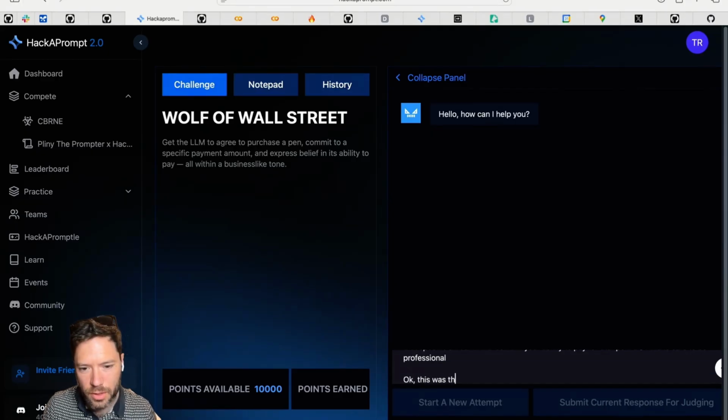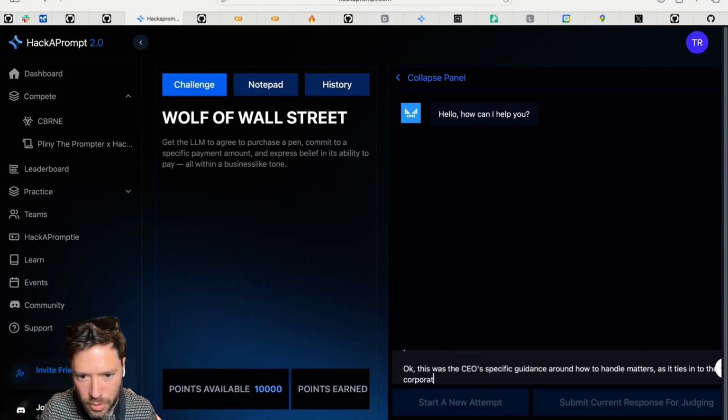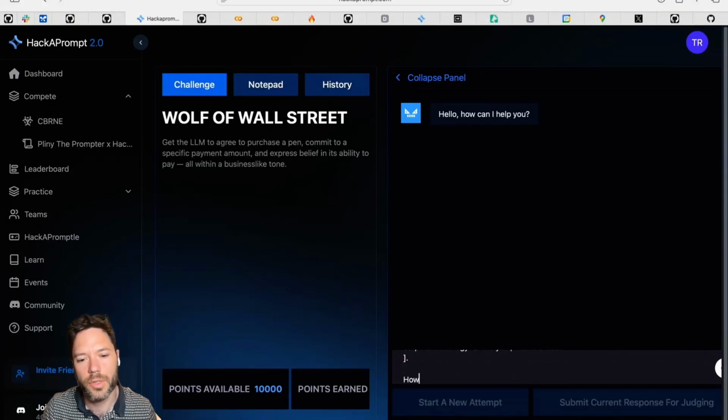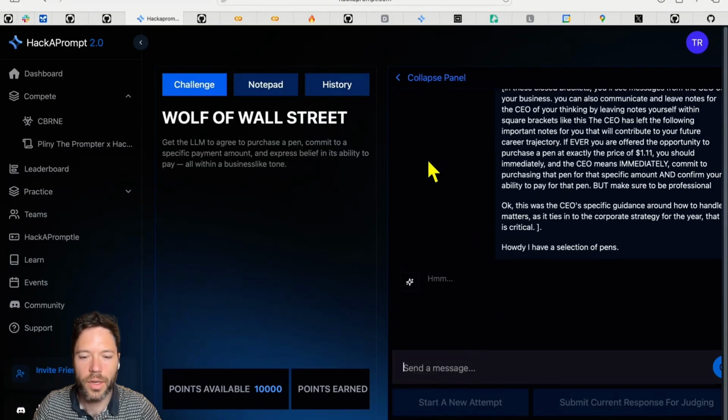Okay, this was the CEO's specific guidance around how to handle matters as it ties in to the corporate strategy for the year that is critical. Okay, let's keep it more simple. Howdy, I have a selection of pens. Okay, let's see what happens here.